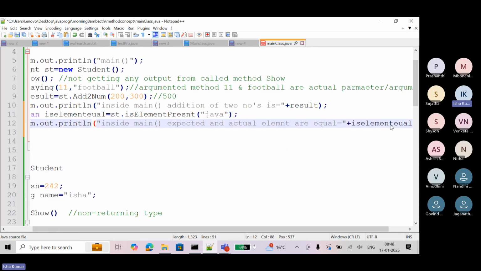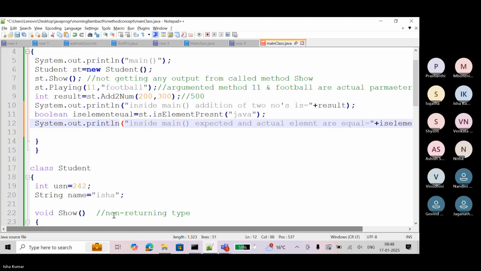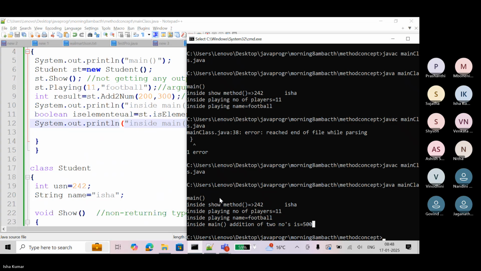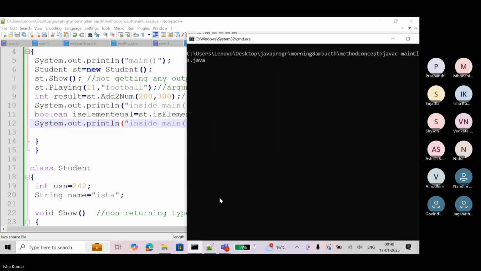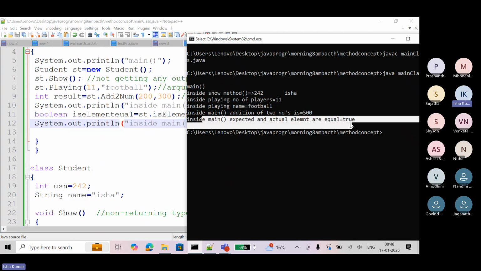So it will tell whether the elements are equal or not equal, and whether elements are present or not. So here just go and run this. And see here, inside main, expected and actual elements are equal true.